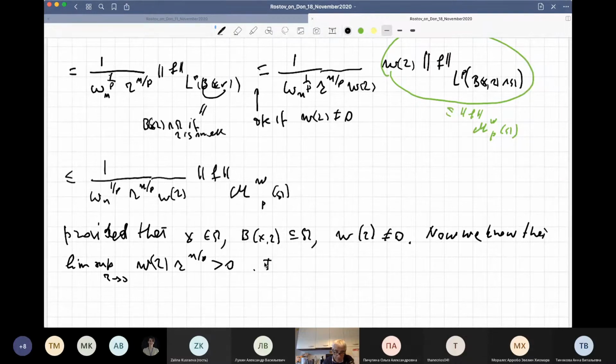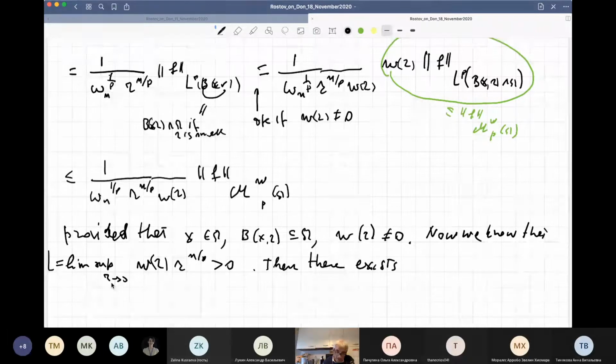Let's call this one capital L because it's too long to write. Then we remember that there exists a sequence of radii, in this case r_j,